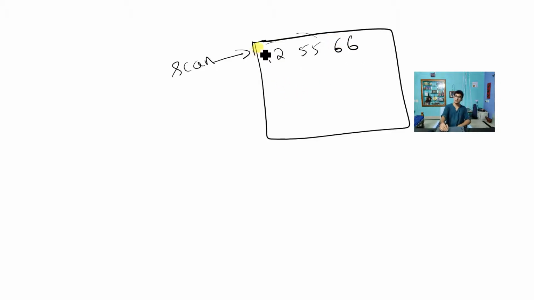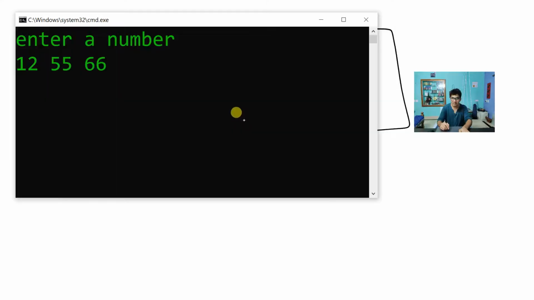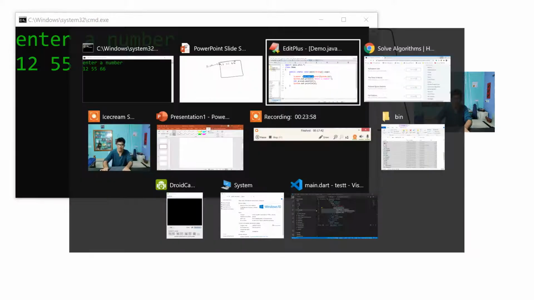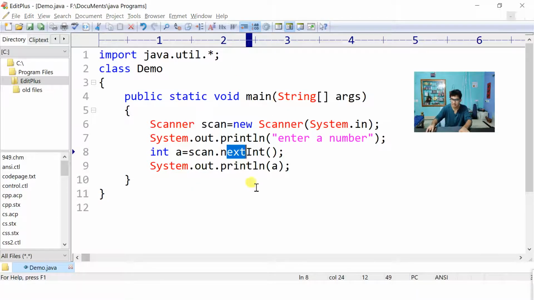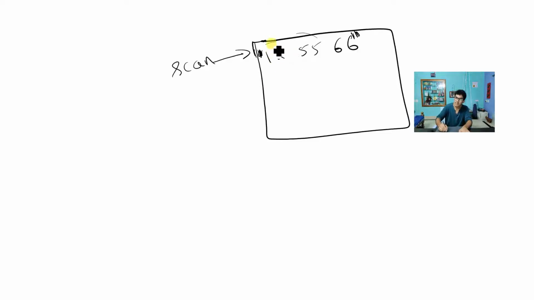How will it be there in the buffer? I want you to understand that it will be there in string format, like this. Now, when you press the enter button, what's the method name? nextInt, right? So what will it do? It will give you the next int, meaning it tries to give the first integer part. What's the first integer part here? 12. So 12 is removed from here, and the string gets updated like this. It's removed from here and given to the variable a. Variable a becomes 12. But don't think that way, some things are still present in the buffer only.